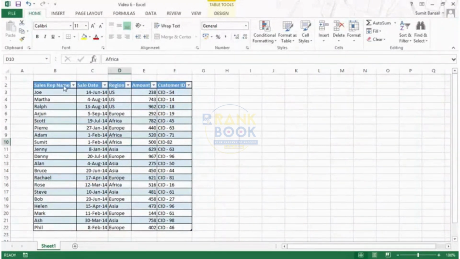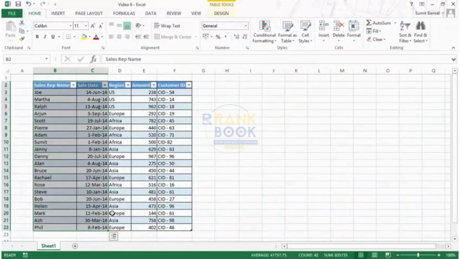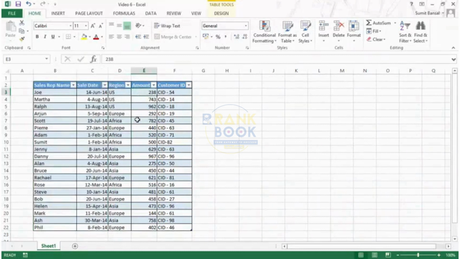I may want to select this first column, sales rep name, including the header and excluding the header. I may want to select these two columns. I may want to just select this data point. So if you look at this, there are so many permutations and combinations using which you can select the data. So Excel has made it a bit easier for you, and you can select this data by using the